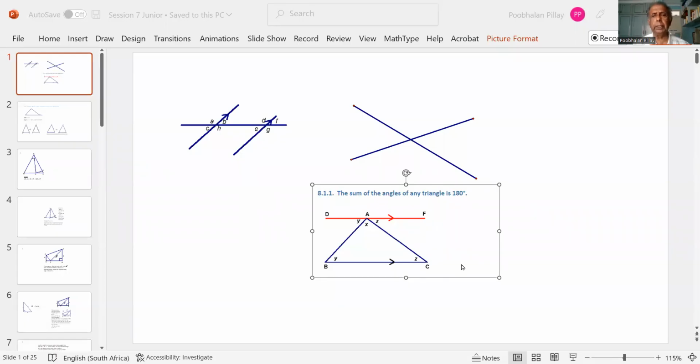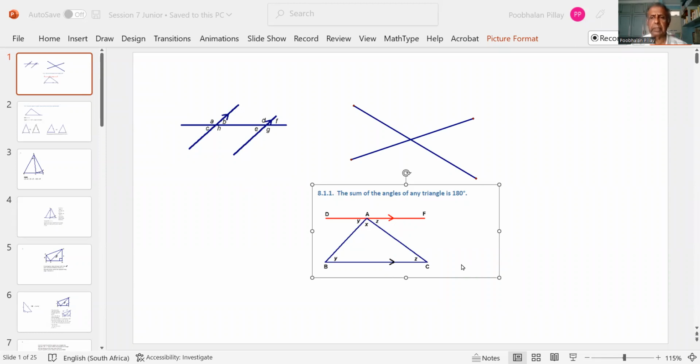We are going to do geometry today. I think it is the very first lesson in geometry. And we are going to start right from the fundamentals and go through them as quickly as possible before going on to the problems. So without much further ado, let me take you straight to my screen. Geometry